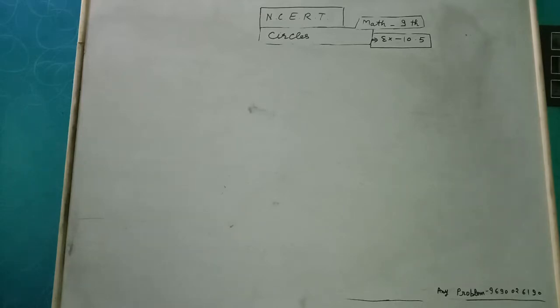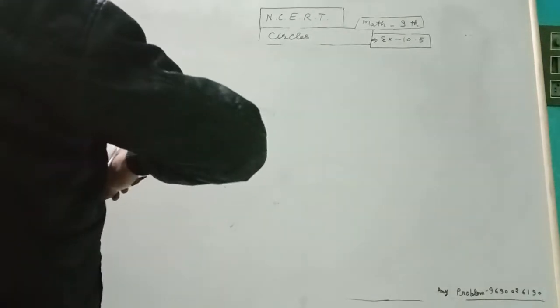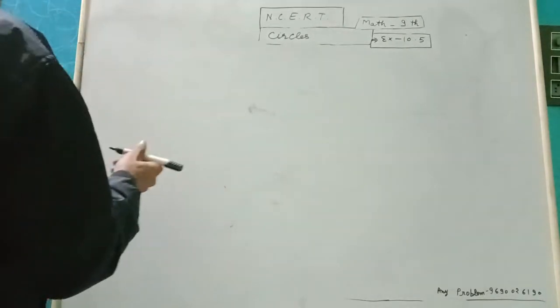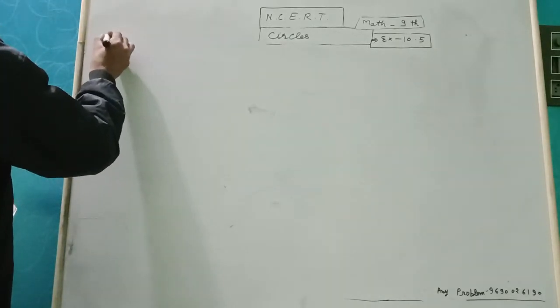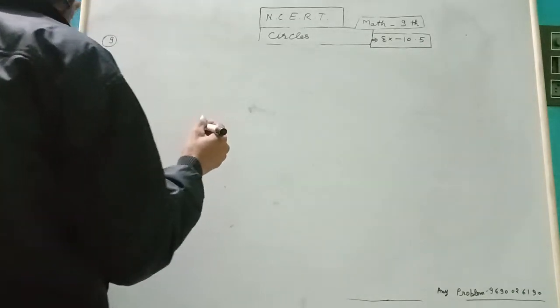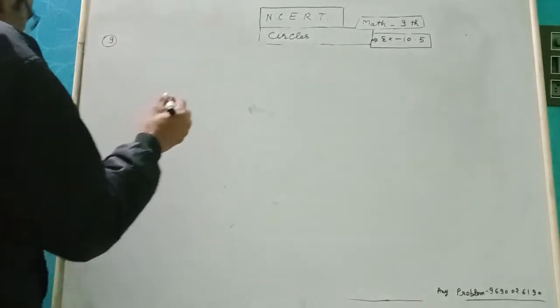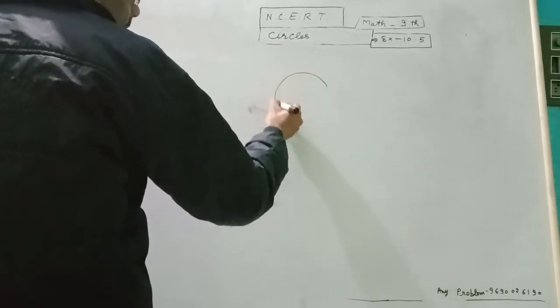Ninth class students, exercise 10.5, circles. Question number 9 is: look at the adjoining figure, two circles